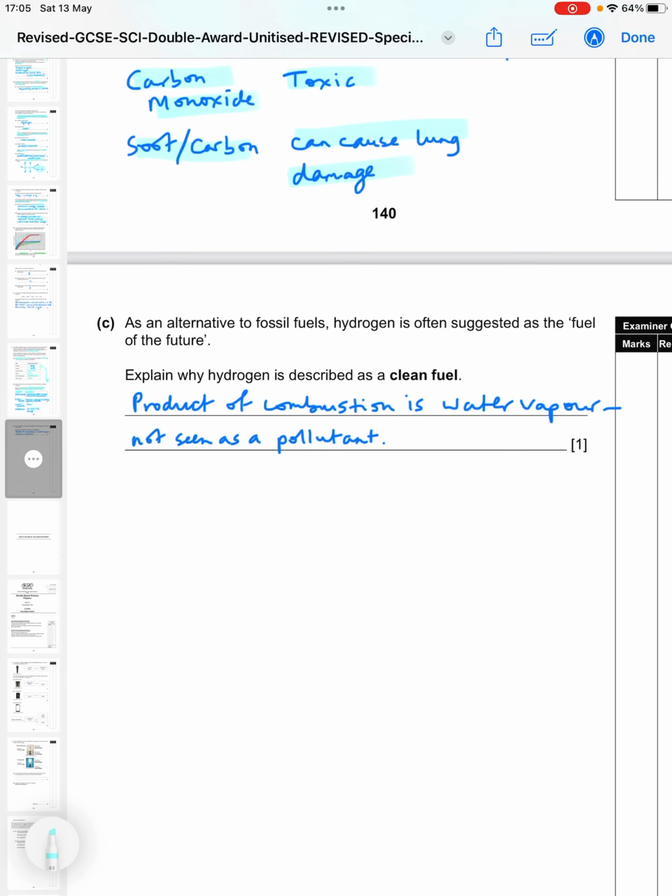And the final question, as an alternative to fossil fuels, hydrogen is often suggested as the fuel of the future. Explain why hydrogen is described as a clean fuel. Well, hydrogen, when it burns, reacts with oxygen to give you water, H2O. So the product of combustion is water vapour, which is not seen as a